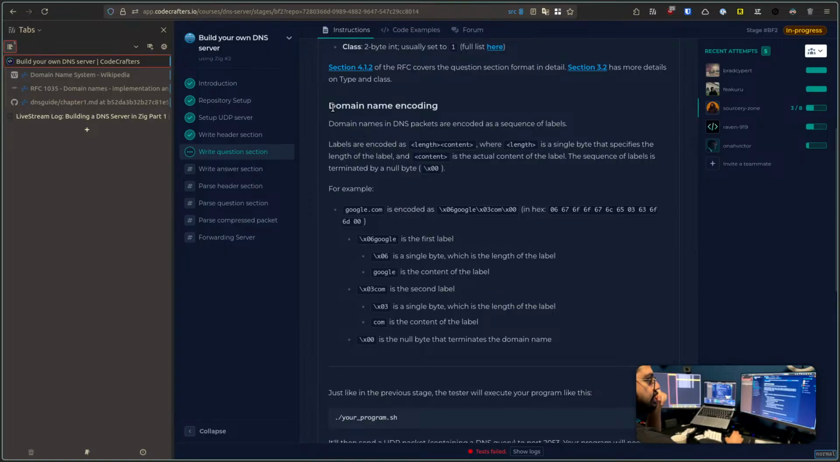Okay, and then domain name encoding. Domain names in the DNS packet are encoded as a sequence of labels. Labels are encoded as a length, which is a single byte that specifies the length of the label, and content, which is the actual content of the label. The sequence of labels is terminated by a null byte. For example,